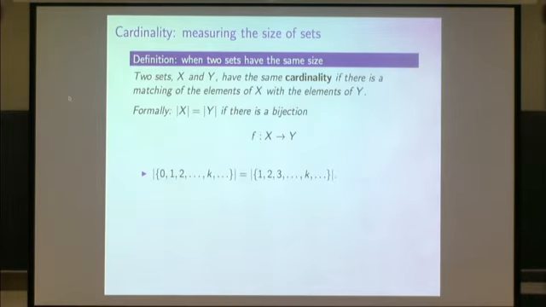So if we look at our simple infinite sets, it's pretty clear that the numbers 0, 1, 2, dot, dot, dot, and the numbers 1, 2, 3, dot, dot, dot have the same cardinality. Just add 1, that's your bijection. More tedious is to verify those 3 simple infinite sets all have the same cardinality. Much less obvious is that the points on the line and the points in the plane, those 2 simple infinite sets have the same cardinality.